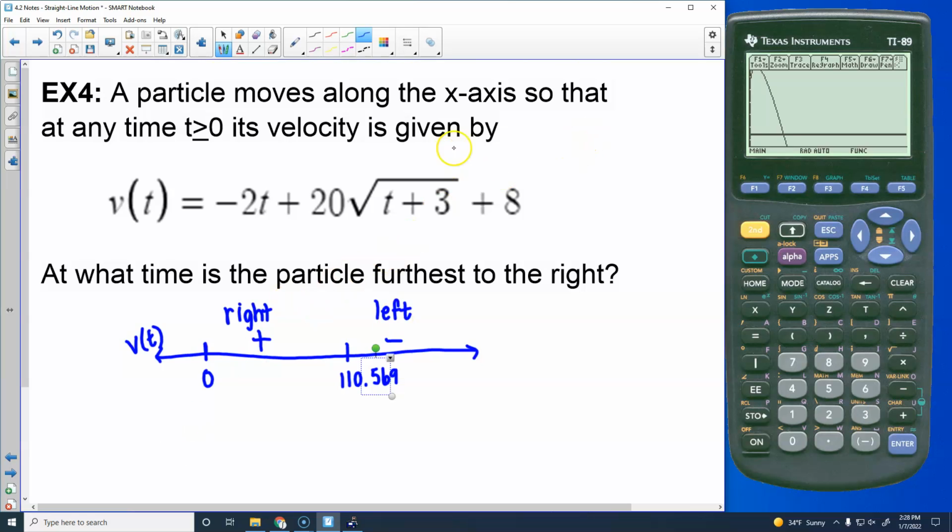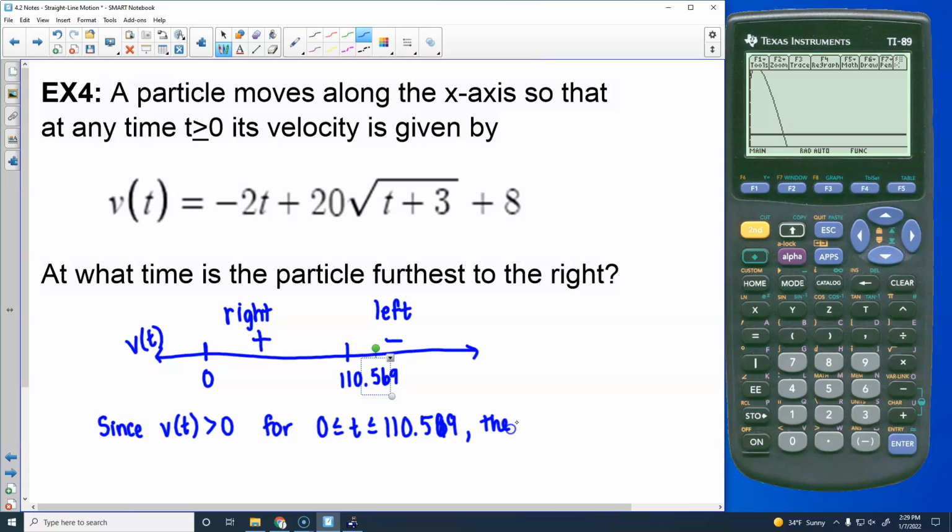Because when we're looking at velocity, anytime you cross the x-axis is when you change direction. So the direction closer to the 0 is the furthest point in that direction. Yep. So now we're going to have to explain this. So we will say, since v of t is greater than 0, or is positive, for 0 less than or equal to t less than or equal to 110.569,